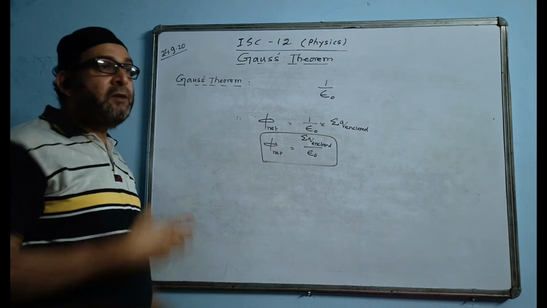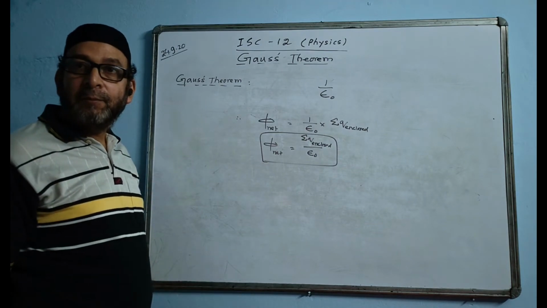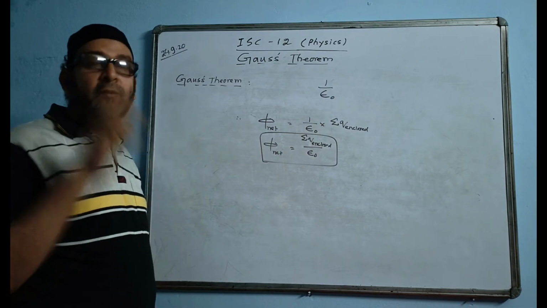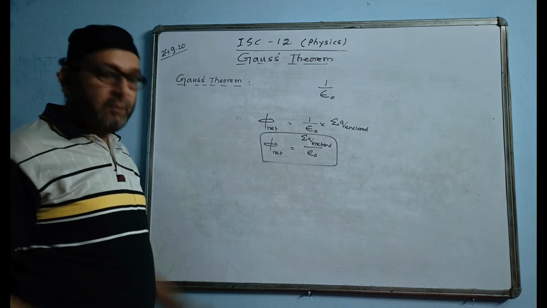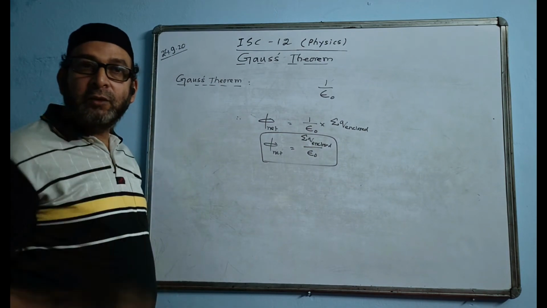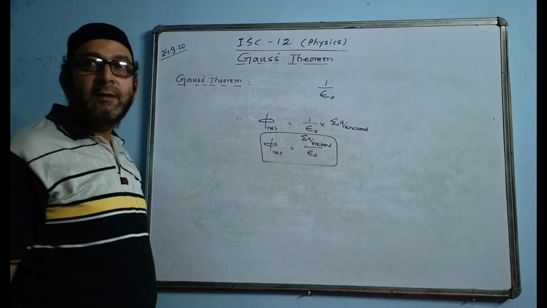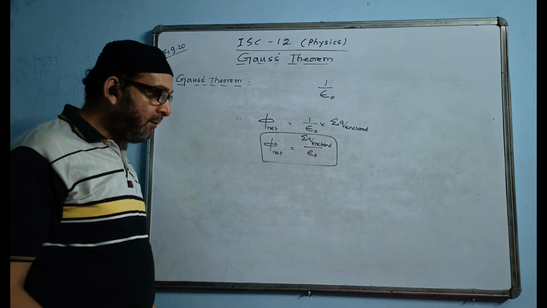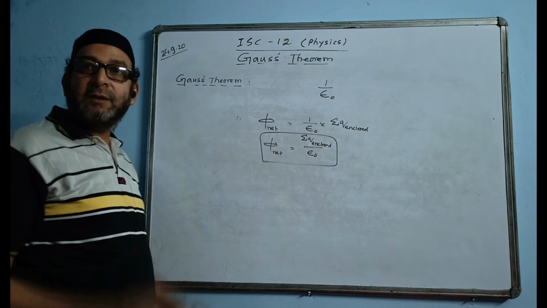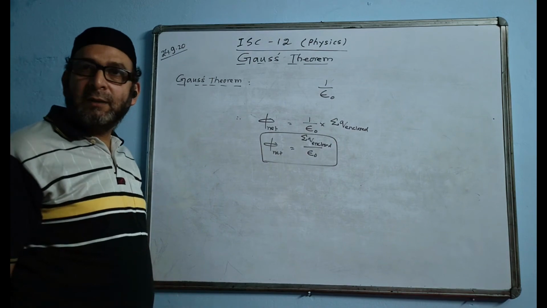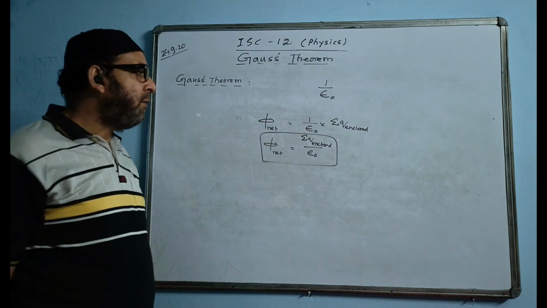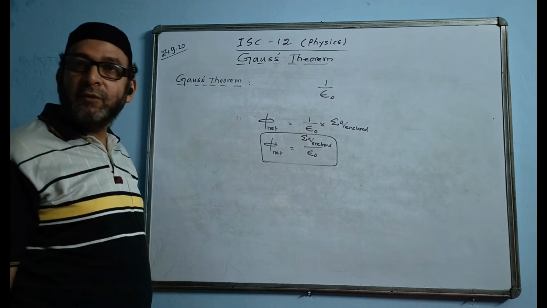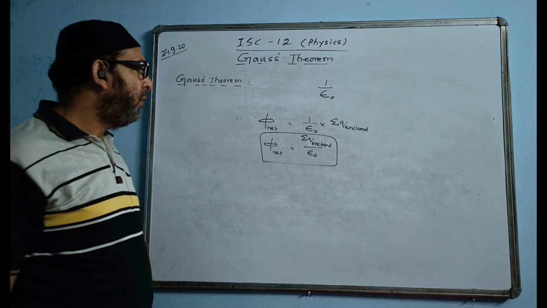What is the net flux emerging out of a neutral atom? A neutral atom will have an equal number of electrons and protons, so the total charge becomes again 0. That's why it's neutral. So the flux value will be 0. What is the flux coming out through a conducting surface? The conducting surface is not charged, an uncharged conductor. The answer will be again 0 because an uncharged conductor will have neutral atoms, that means the number of electrons and protons will be equal. The answer will be 0.